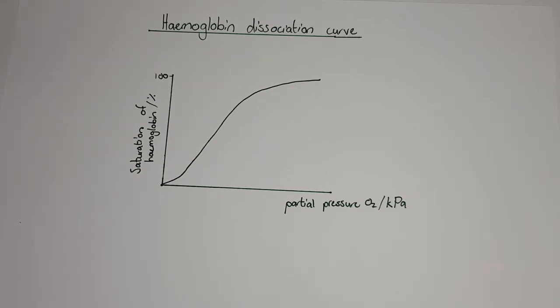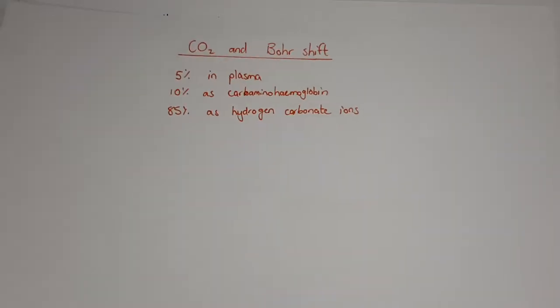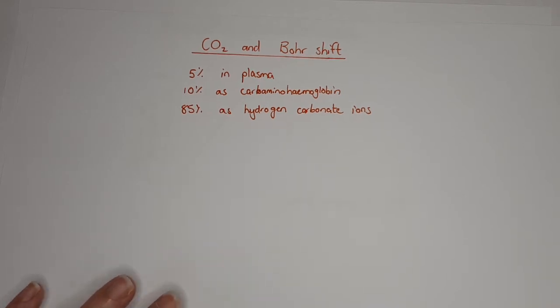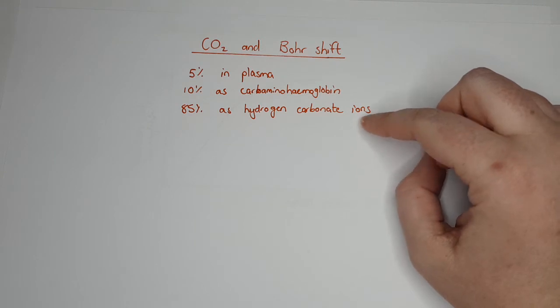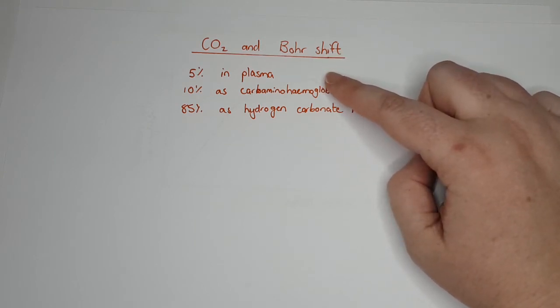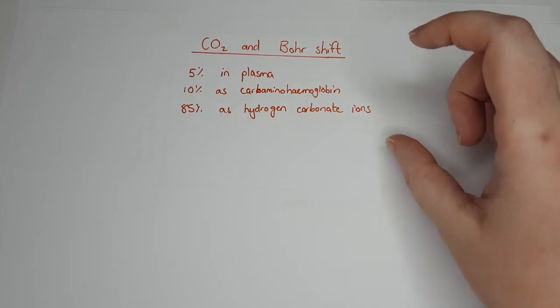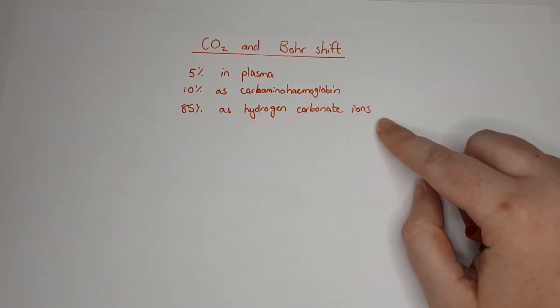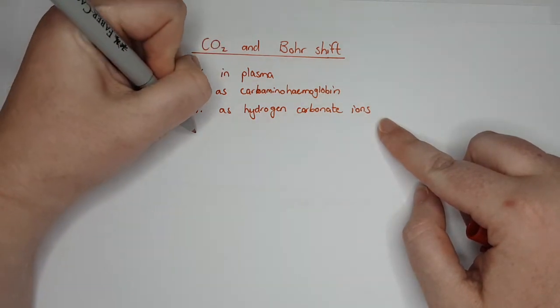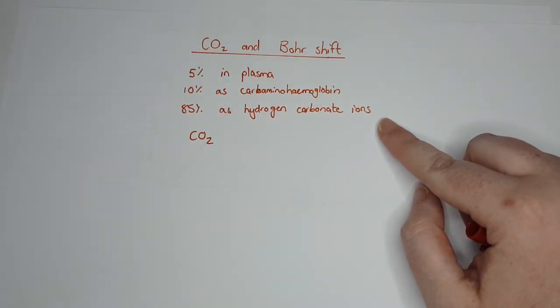Now the other thing that happens is carbon dioxide also needs to get carried in the blood because you need to breathe it out because it's a waste product. So carbon dioxide is carried in the following ways. Okay, 5% as plasma, 10% as carbaminohemoglobin, meaning it binds to hemoglobin just like oxygen does, and 85% as what we call hydrogen carbonate ions. So now those come because when carbon dioxide goes into the blood